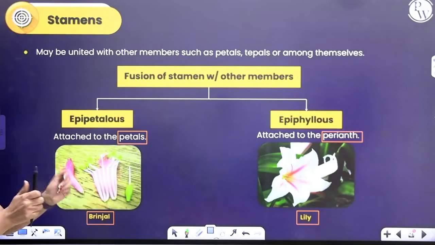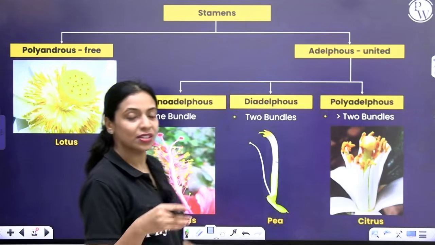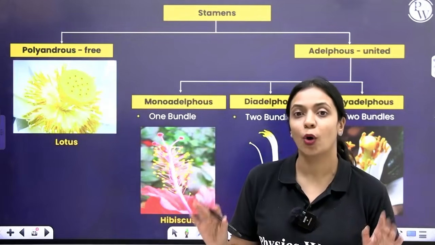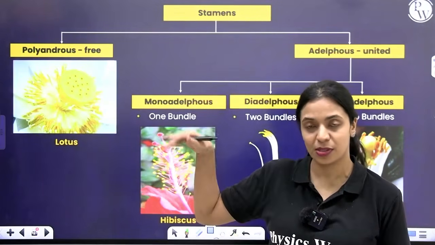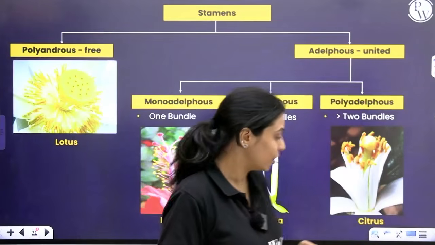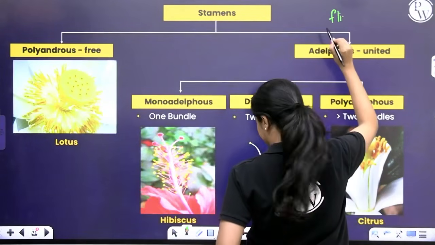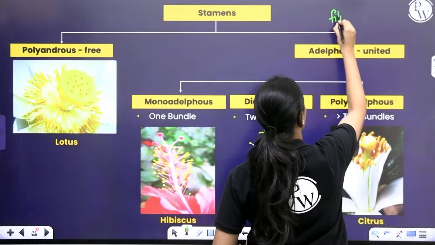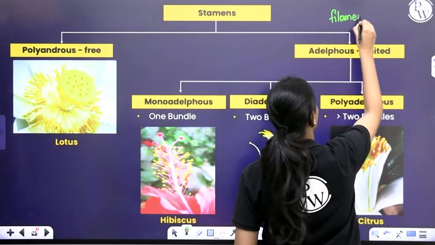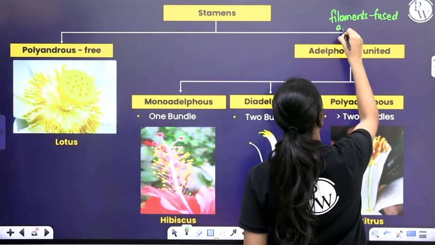But stamens can get united within themselves also. Okay, that is called adelphy. Whenever stamens are free, you call that polyandrous condition, like polysepalous, polypetalous. This is polyandrous when they are free and not fused. Whenever the filaments are fused and anthers are free,